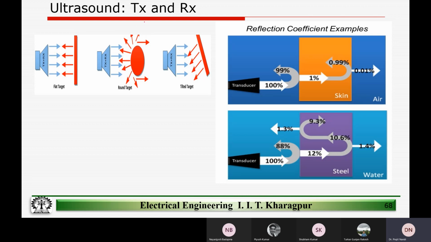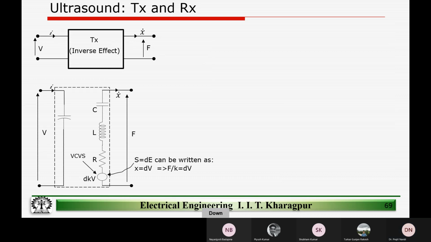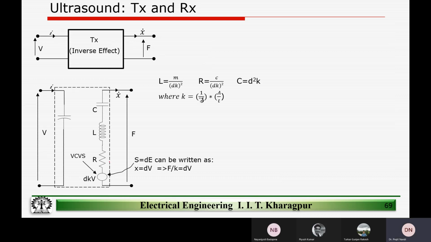We talked about how the transmitter and the receiver system works. We have a transmitter which emits the sound waves, and the reflected sound wave is gathered by the receiver, and then we do the electronic processing of it. So again the same,